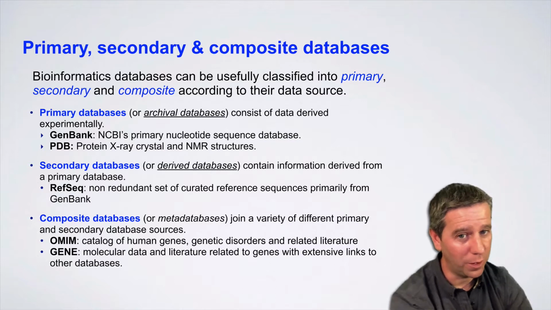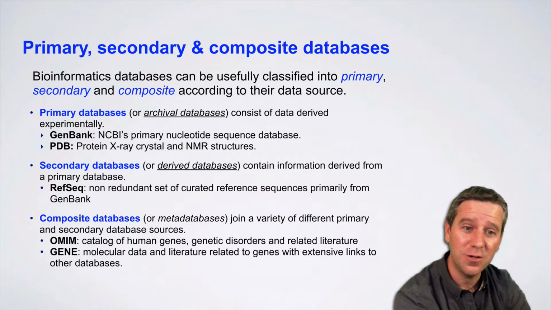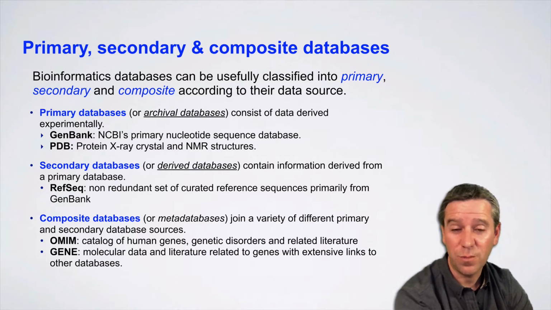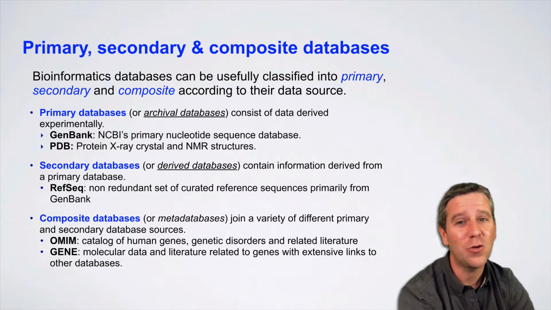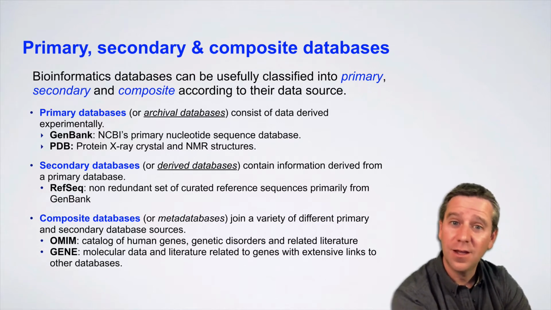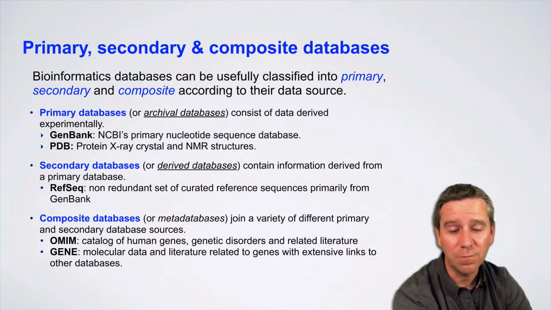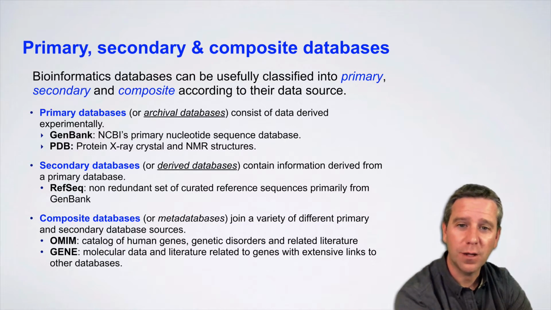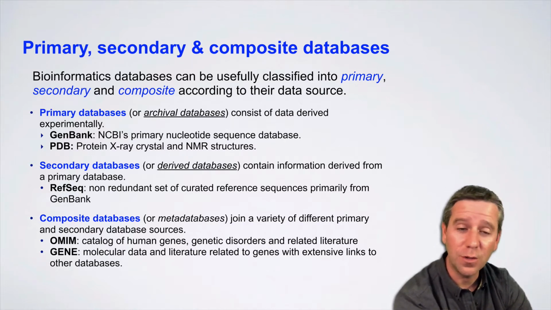Also, because it's owned by these experimentalists, if there's a mistake in that data, the database maintainers don't actually have the ability to go and correct it. They can flag it and say there's a mistake in it, but they need to go and talk to the original experimentalists and say, could you please fix these entries? And sometimes that doesn't happen. So both of these aspects, but primarily the redundant nature, that there are many copies of the same or nearly the same thing in these databases,